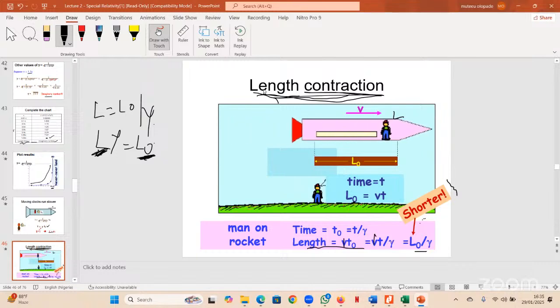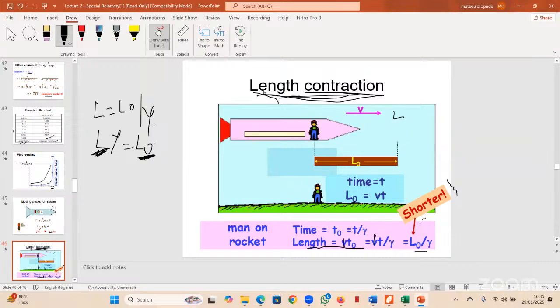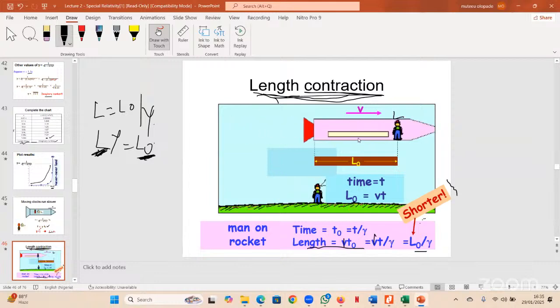So I hope you understand this. Time dilation, and that was what led to the twin paradox. And you also have the length contraction as well. Though it's still the same thing, if this is a meter rule you use in the lab for experiment, 1 meter, it's still the same 1 meter. The only thing is that because this is in motion,